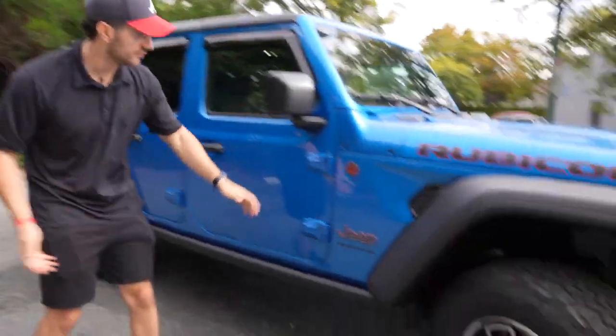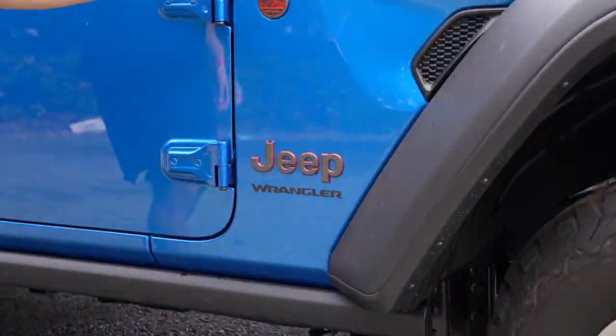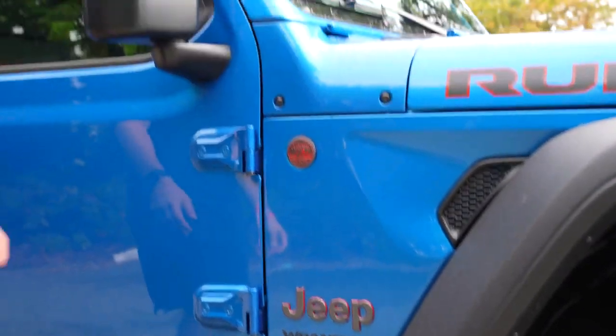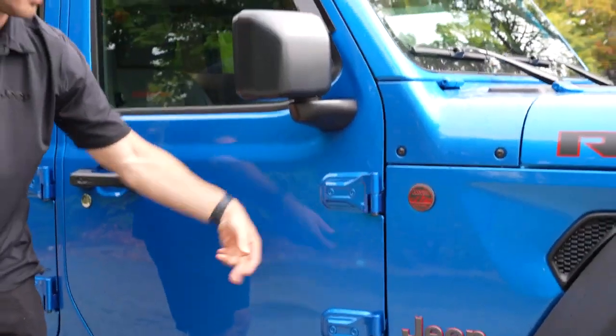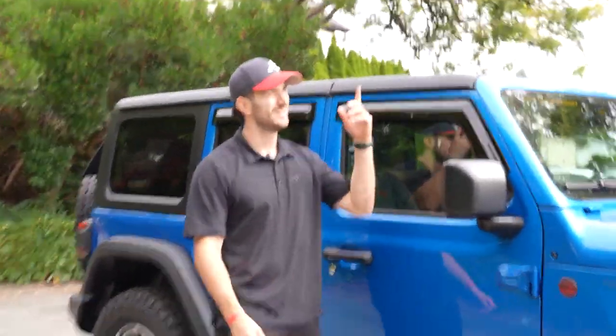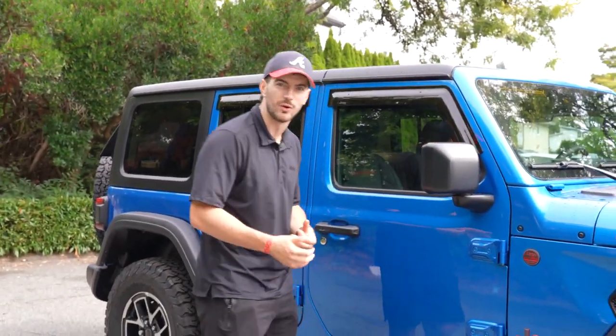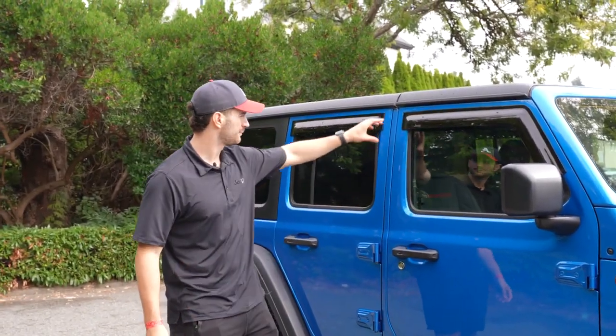Let's go down here. Of course, you got your Trail Rated badge, 4x4, and your Jeep Wrangler badge in the red Rubicon. The T50 mark on the doors, just like any Wrangler, you can take these babies off in the summertime. In Vancouver, September right now, I don't know how many days you can take off these doors, but you can probably squeeze in a few days. What do you guys think? Up here,